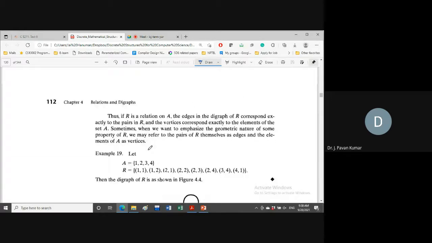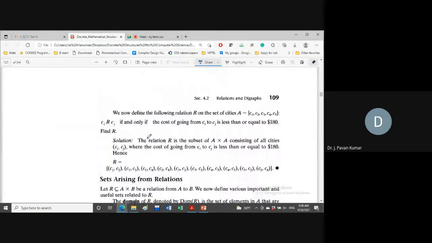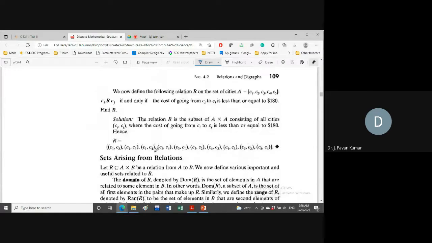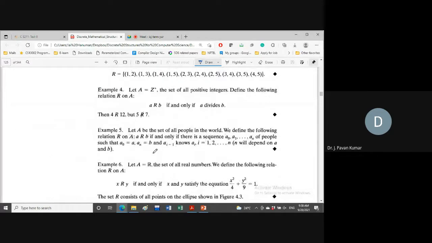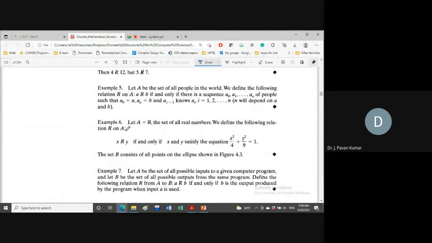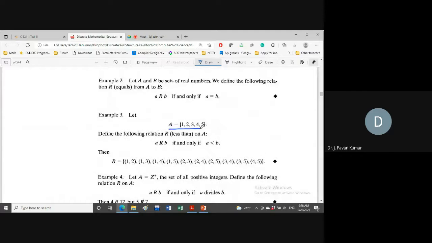Yeah, in the last class we discussed relations. In the last two classes we introduced relations and saw some of the points related to them. If you remember, I will show you one example which we have discussed so that you can recall. Yeah, this is a simple example which we have seen.